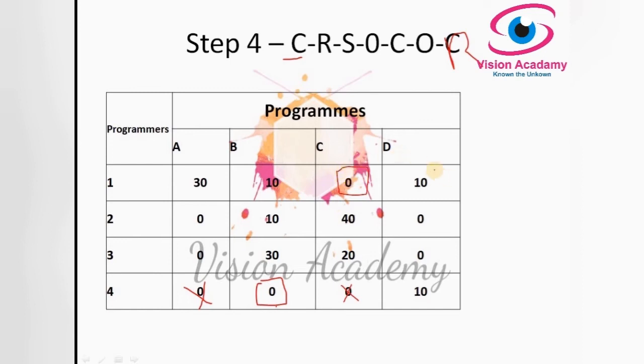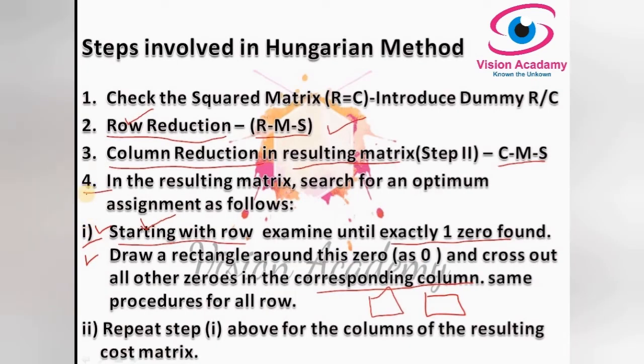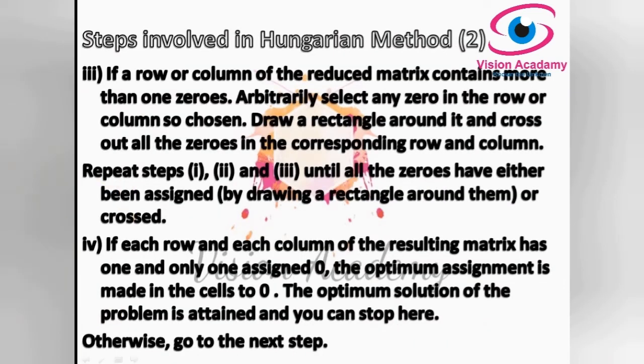There are no zeros because 1 zero is taken out and 1 zero is circled and given a rectangle. And let's go for the fourth one. So here we have 2 zeros. We cannot give that treatment here. So it means the column treatment is over. So we have to move to the further step. In the fourth step we have substeps called 1, 2, and now it is 3. If a row or column of the reduced matrix contains more than 1 zero, if there are more than 1 zeros in the row or column,